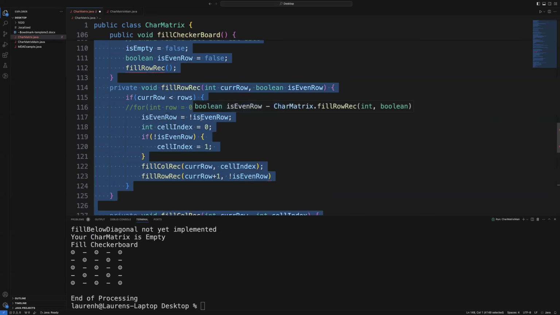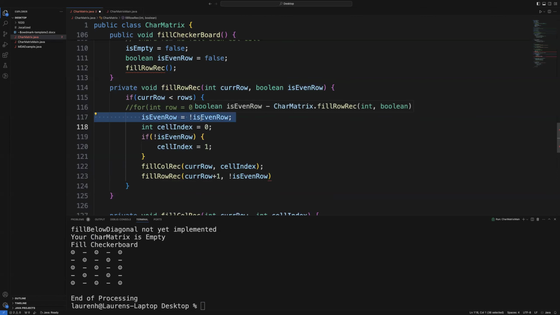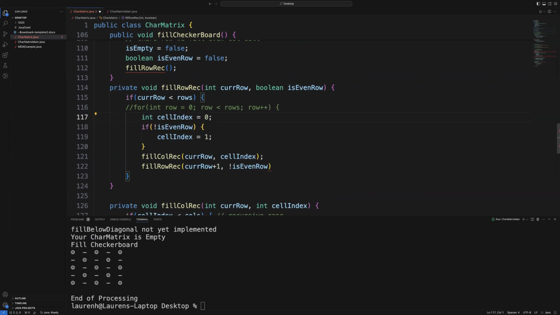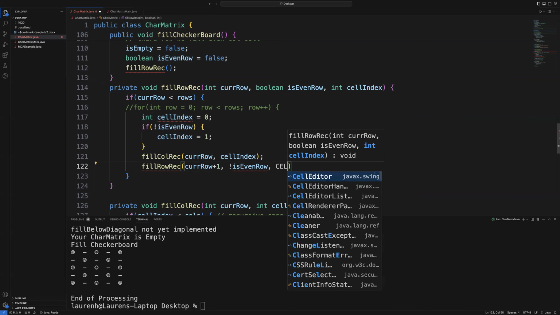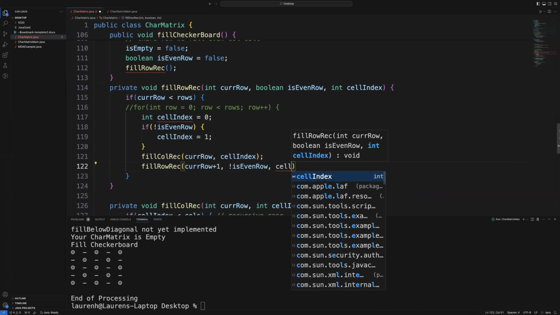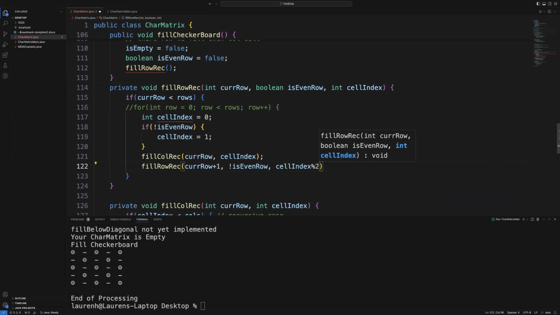And oh my God, this is just getting better and better. I don't even need to have cell index here. If I pass in the cell index, oh my God, this is just going to keep getting better. Check this out. If I just pass in the cell index, I can pass in exactly the if statement we originally had, which was cell index mod 2. When it's 0,